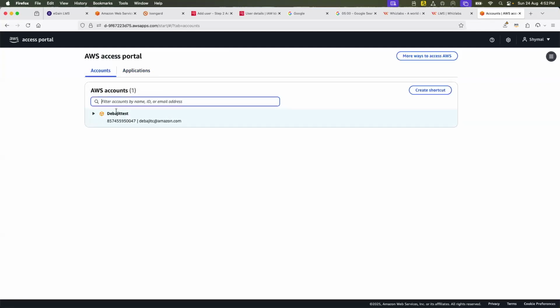Now SAML has logged in, and SAML can see the test account that AWS has assigned to SAML. So now SAML has only one user ID and password. He can also have access to multiple AWS accounts. I don't have any, but in reality he can. What he has to do now is just click on that.